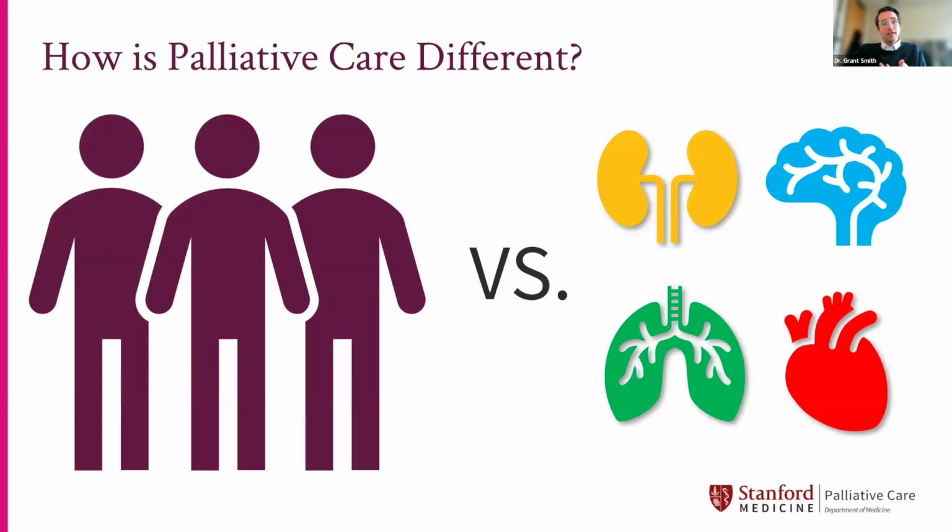So palliative care is a little bit different than going to see, for example, the neurologist, who might focus really on the brain and neurologic issues, or a cardiologist or a cancer doctor who focuses on a specific disease or a specific part of the body. Palliative care really focuses on the personhood and the whole individual. So we don't have a specialty in terms of a particular illness or part of the body, but try to think about that holistic care plan.